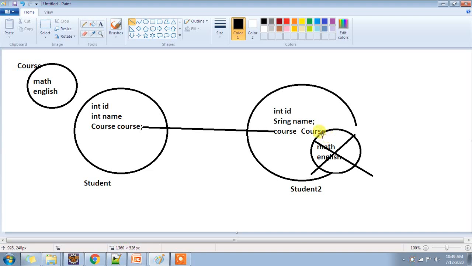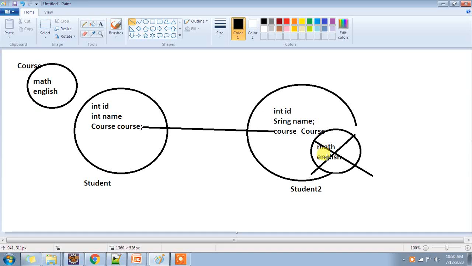In shallow cloning, if the original object has a reference to any object, then only the reference of that object is copied into the clone object. The object itself is not copied into the clone object in shallow cloning. Only the reference is copied.